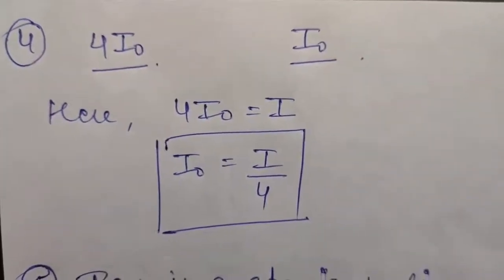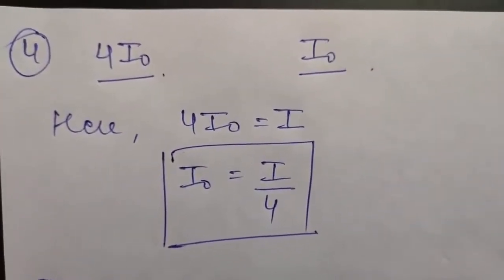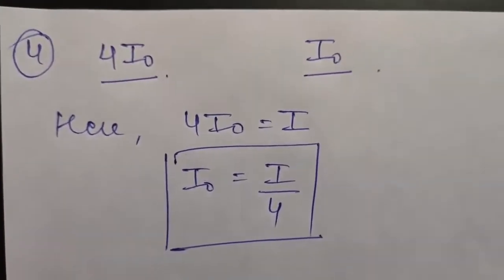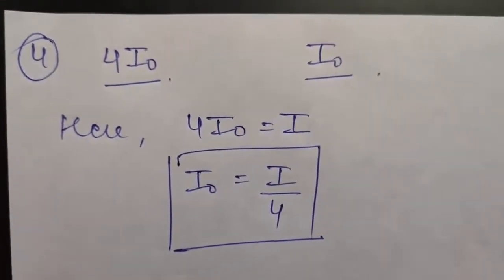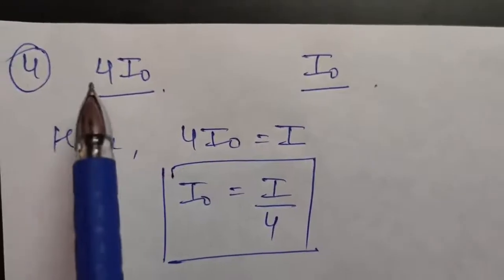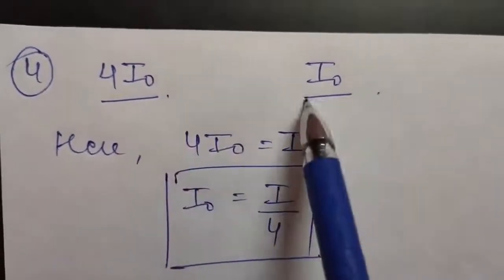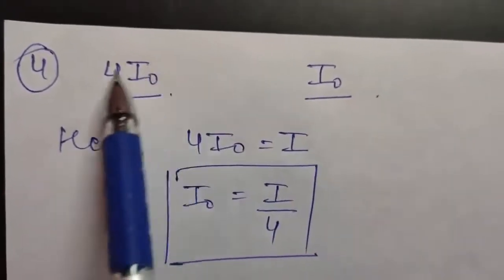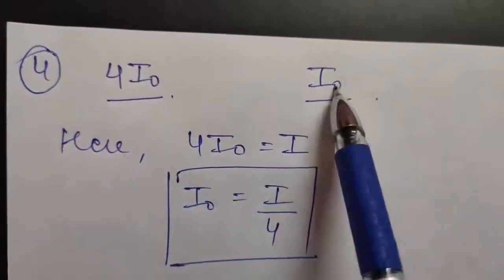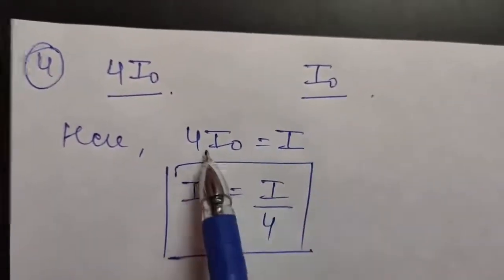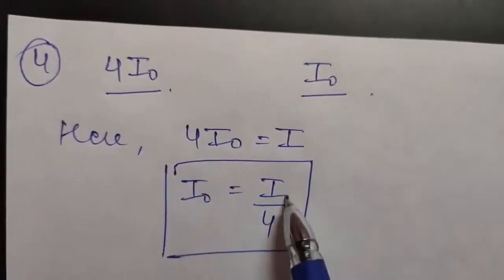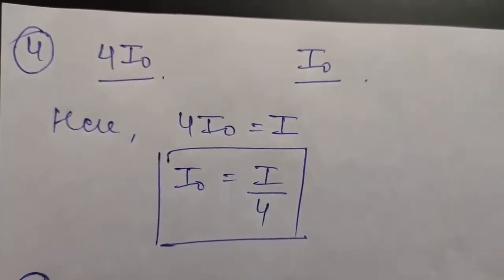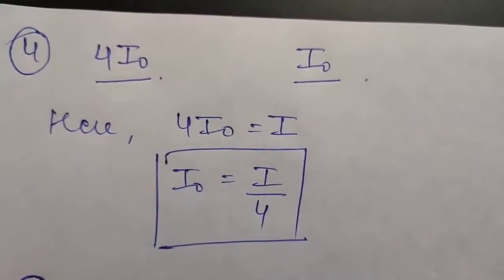In question number 4, it is given if the intensity of the maxima in Young's double slit experiment is I, then what is the intensity due to a single slit? So if you remember, we have drawn a diagram in interference pattern in which we have said that 4 I0 is the maximum intensity and I0 is the intensity due to a single slit. Now if you compare these two, according to the question, 4 I0 is given to you to be I, and you have to calculate the value of I0. So easily 4 I0 is I, so therefore I0 will be I by 4. That means now the intensity will be 1 by 4 times of the maximum intensity.